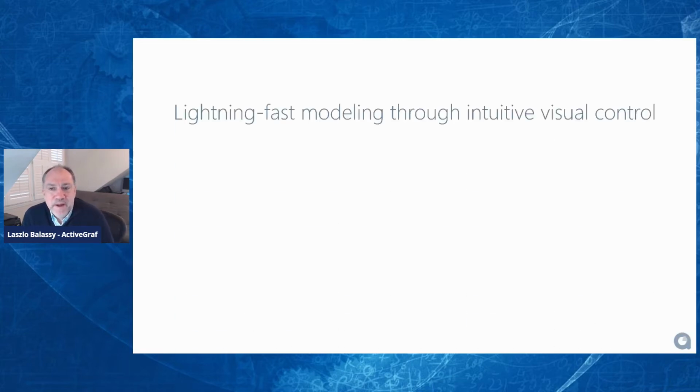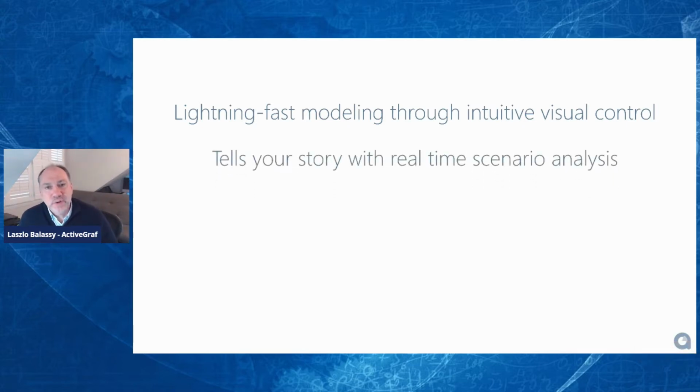Firstly, the pillars of what we do, we are lightning fast visual modeling with visual control. Basically, we allow the graphs to run the quant. And because most people are visually oriented, some 60,000 times faster does the brain process graphics than text. We don't just use that for static visualizations like traditional tools like Tableau and Power BI, but the graphs actually become controls for the quant as well. And through that, you can tell your story and make good decisions, data-driven decisions, with real-time scenario analysis built right